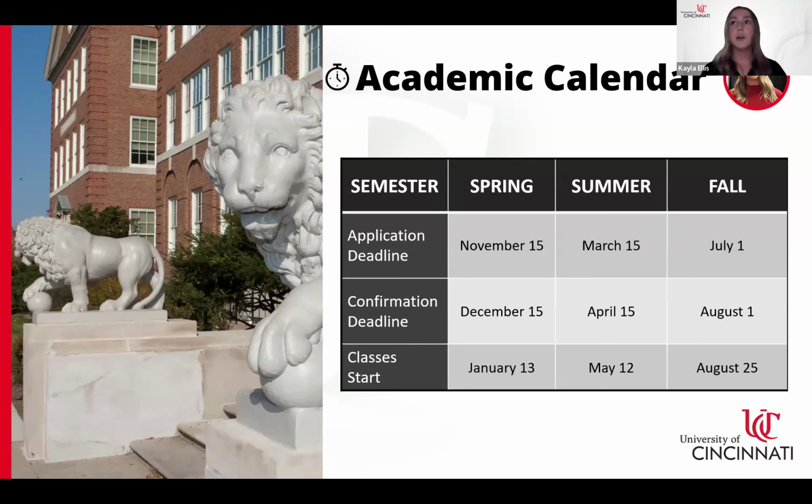As you can see here, the fall 2025 application deadline is on July 1st. So if you have not already ordered your transcripts yet, now is the time. All required transcripts must be received by UC's Office of Undergraduate Admissions prior to the application deadline. Ordering and processing transcripts can take some time. We do suggest you give yourself at least 3 weeks for those to be processed and for us to receive